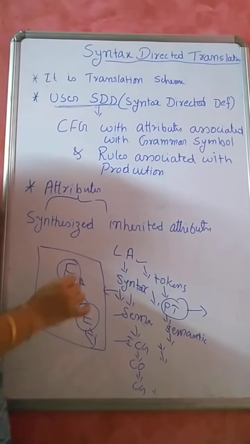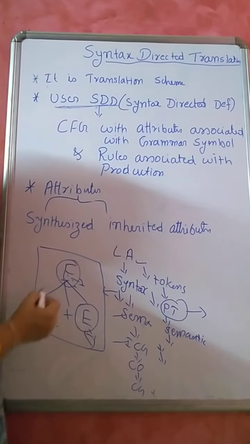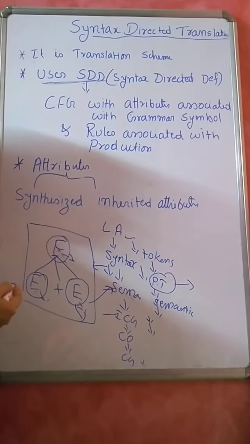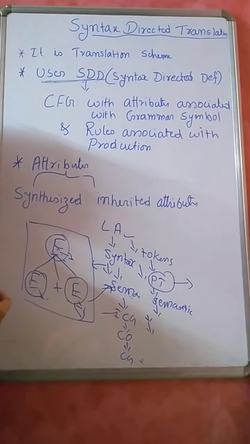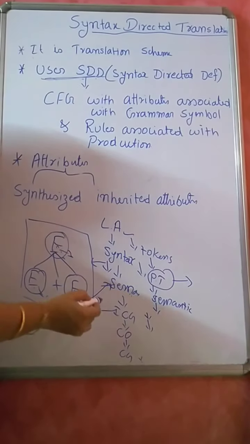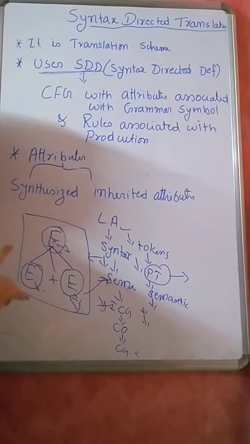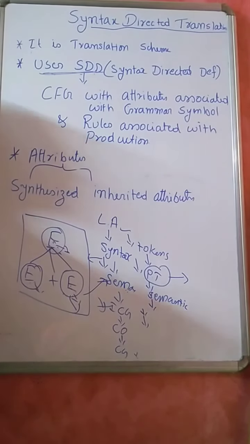Once we find out the different actions that need to be performed while computing the values associated with these non-terminals, then we can easily check for a type mismatch or a mismatch in the number of arguments, that is, semantic errors can be easily detected, and we can also easily construct the intermediate code. So that is the purpose of using this syntax directed translation scheme. It is not a phase of your compiler.